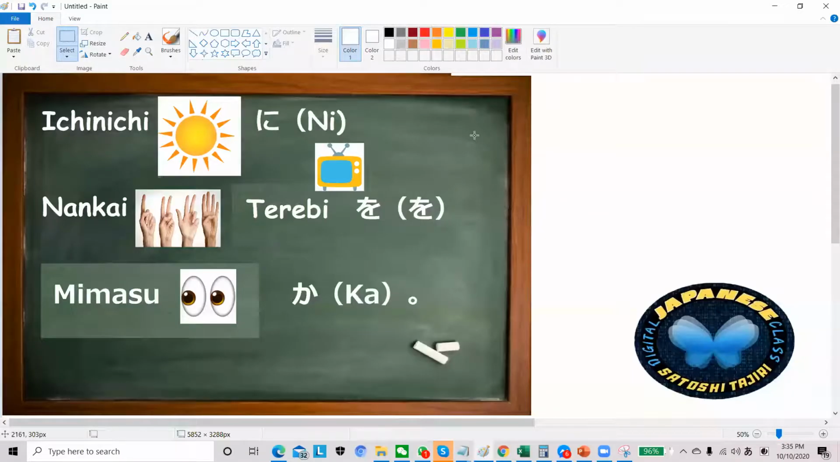Okay, let's have a new word. We have our new word here now, our terebi. Terebi means television. Then follow with our mimasu. Mimasu means to look or to watch. So, 一日に何回テレビを見ますか? じゃあ、ジャキさんいますか? はい、います。 一日に何回テレビを見ますか、ジャキさん? 一日に1回テレビを見ます。 はい、よくできました。じゃあ、ジャキさんからジュダ君へ。